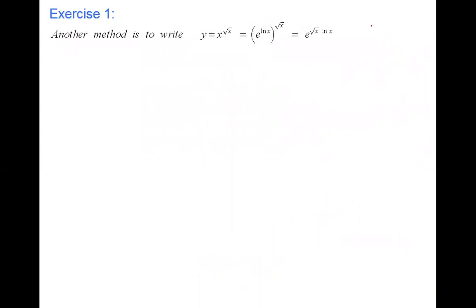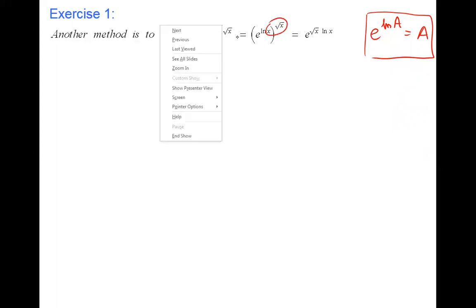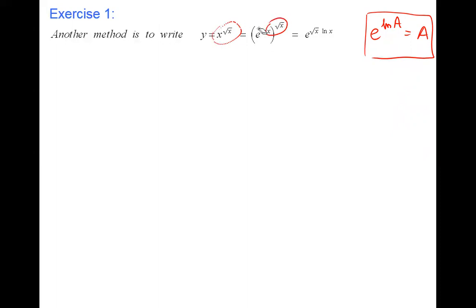Okay? We remember that if we have e to the power of ln of a, it is a, because it's the cancellation equation. I mean, this is my a. E to the power of ln of my quantity a. Okay, I can't erase this. And now, having two exponents, I can multiply them, and I will apply only the